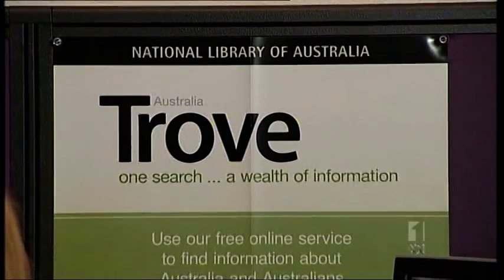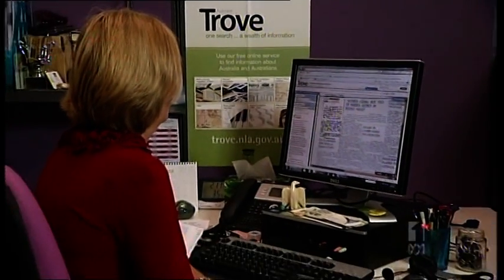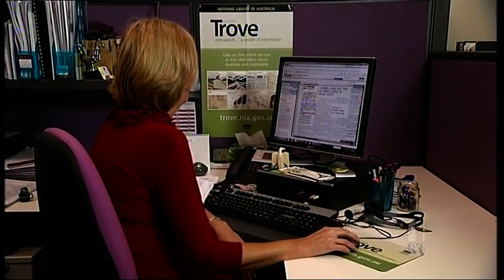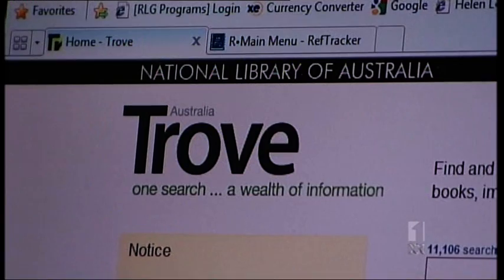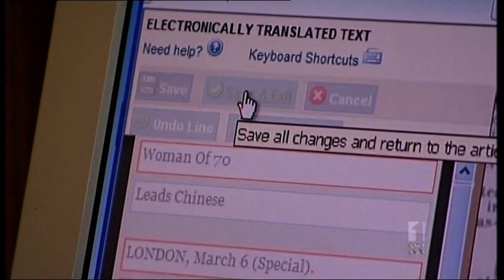The world's top libraries are now coming to the Trove team for advice on setting up similar systems. They all just think it's an incredible, amazing thing. And when budgets are tight and current difficult times, there is no way we could have done any of this work ourselves. So the choice is the public could help us, or it simply wouldn't get done. A low budget